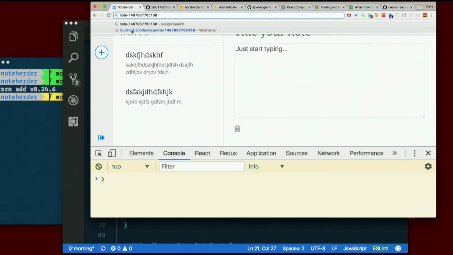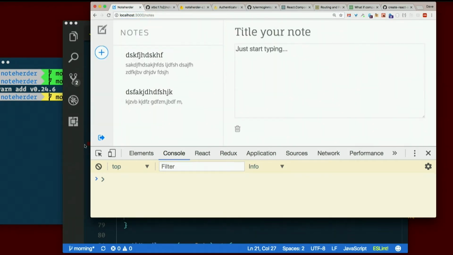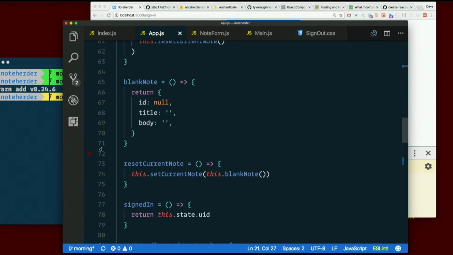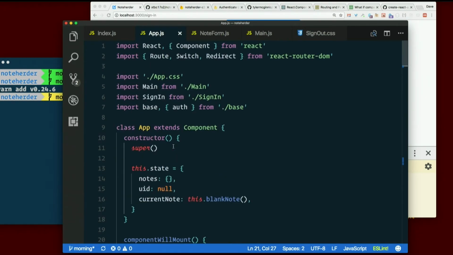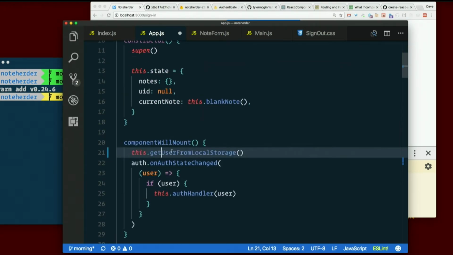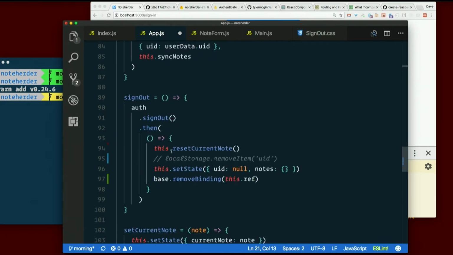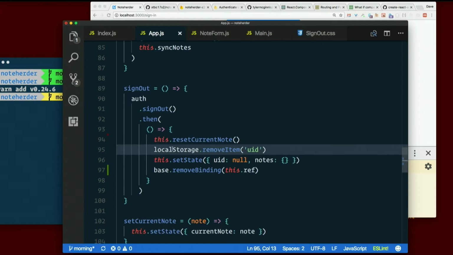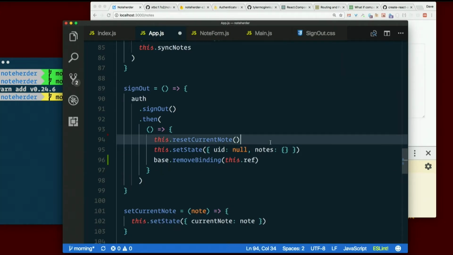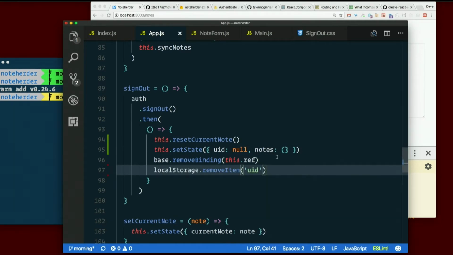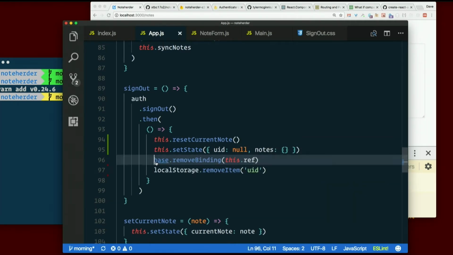Oops, gosh dang it. Fine. I put the local storage stuff back in. You know what? How about we do that last? I don't know why that would make this ref undefined, but